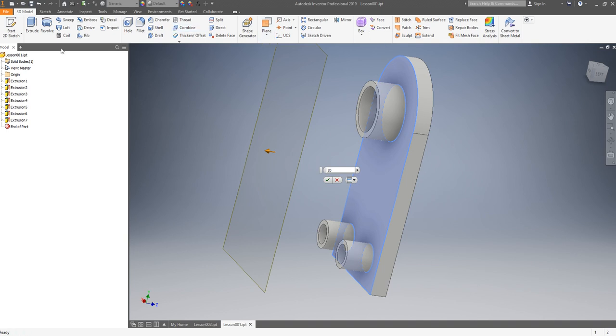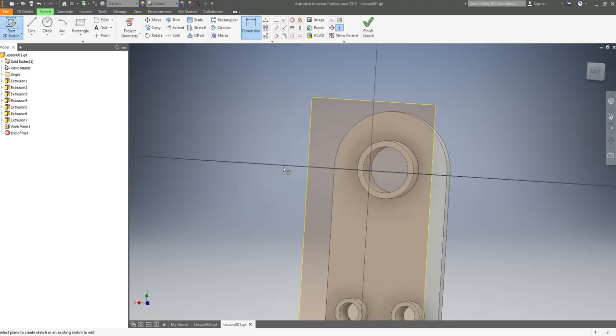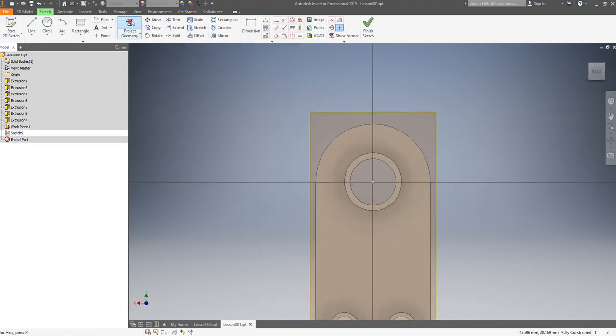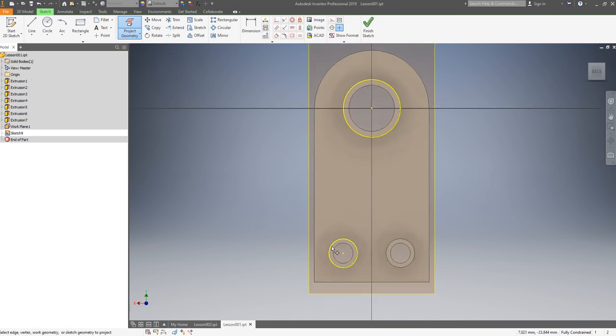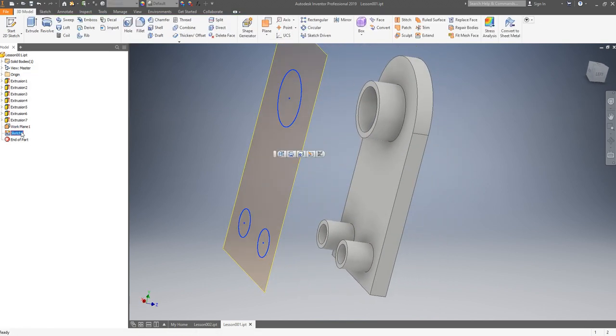Good. Then select this plane. Then we say sketch again. And we click project. Then we select geometry we want to do. Boom. Finish. Okay. A new sketch is done.